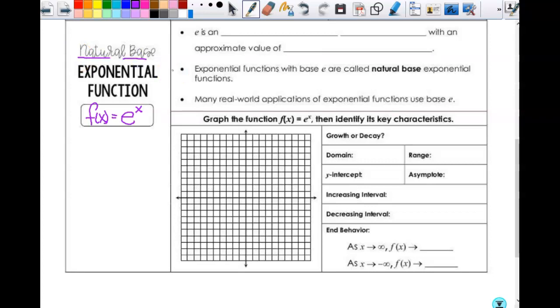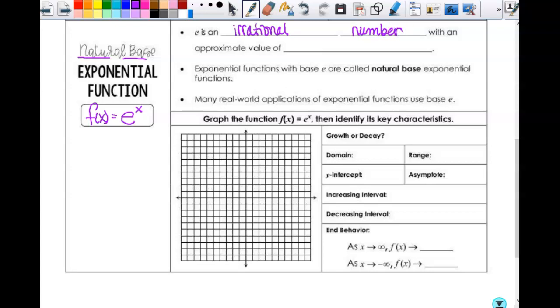E is a number that you should know because that comes up in Algebra 2. It's a constant. It's not a variable, even though it's a letter, like pi. Pi is a constant because it's always 3.14159, blah, blah, blah. E is an irrational number, but we would much rather it be represented with E than with what it actually is. It's an irrational number